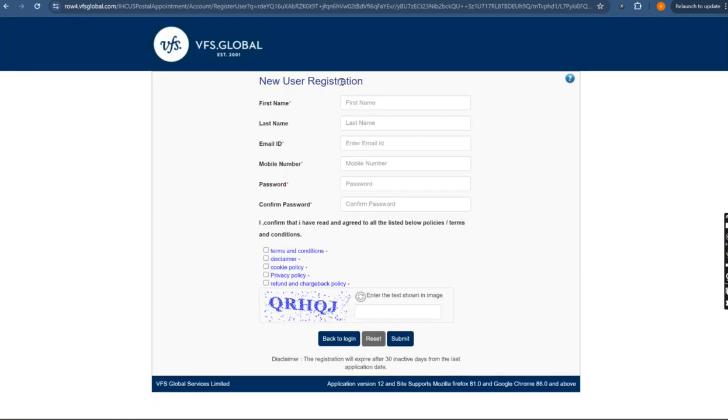Okay, now you need to provide all your details here. Then only it will be able to send the email to you. Then from the email, you need to activate your email to create the profile. Let's do one sample example. OCI, first name OCI, last name OCI,